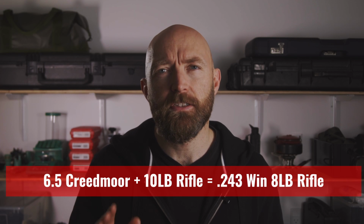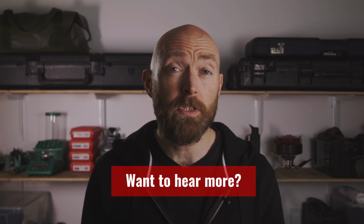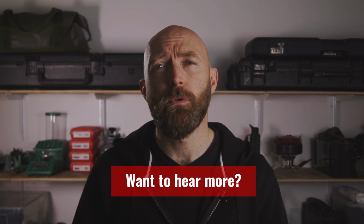It's worth mentioning that using the 6.5 Creedmoor on a 10-pound rifle will give you the same recoil energy as the 243 in an 8-pound rifle. And that could be a more versatile option if you want light recoil and don't have to lug your rifle around too much. Post in the comments if you'd like me to do a more in-depth review of a setup